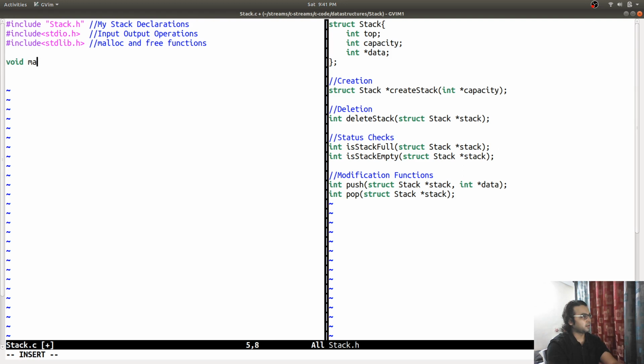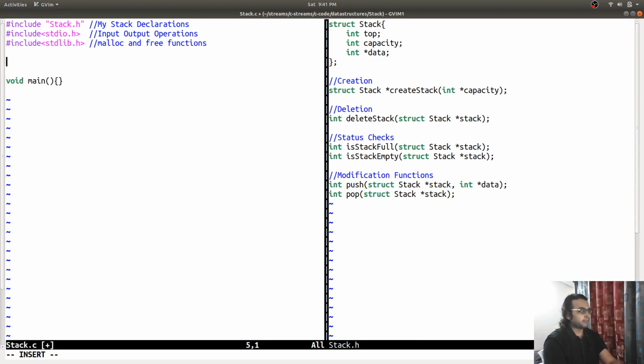And this is going to be the main function that we are going to run to see our result or run tests.